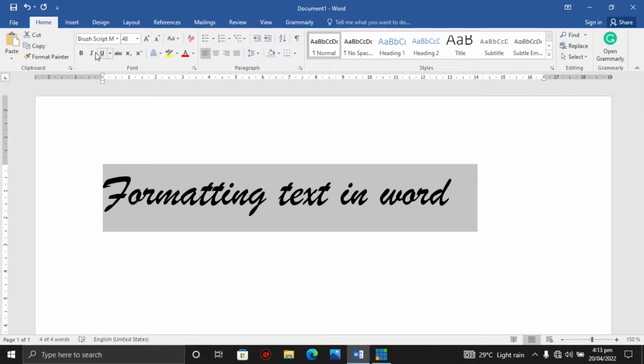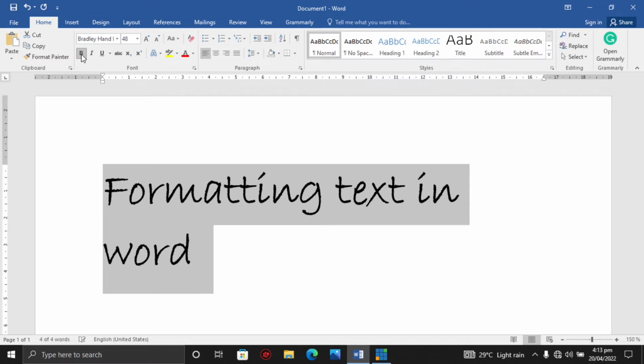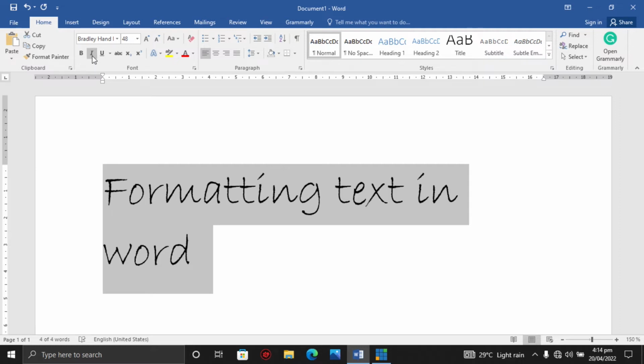Okay, right, we have bold. Here we have this tool, bold. Bold makes text more heavy, so it increases the weight of our text. Let me use a text that is not that bold, like this. If I click on bold, it becomes bold. If I click bold again, it goes back to normal. Here we have italics. Italics is going to slant your text. If I click on it, your text becomes slanted, and when I click it again, it becomes normal.